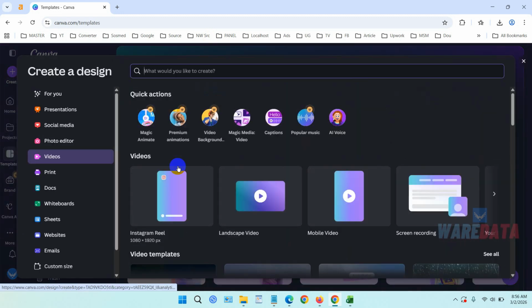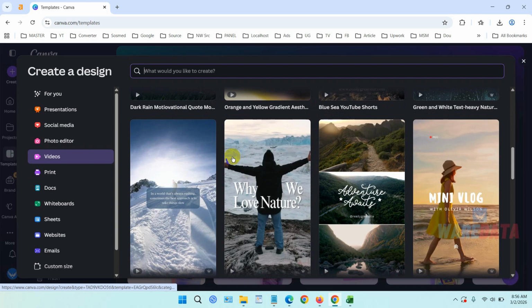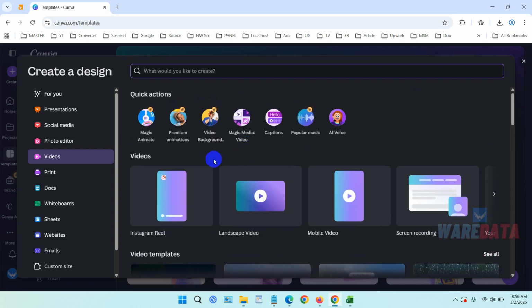After that, in here, you can use a predefined size for the video, or you can create a custom size. And there are so many templates here. Okay, for example, we need to use the Instagram reel. We can just choose the Instagram reel,